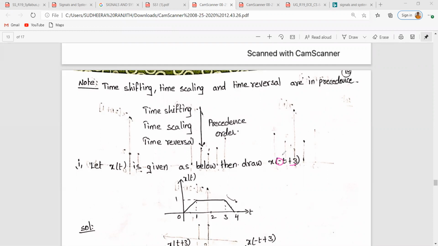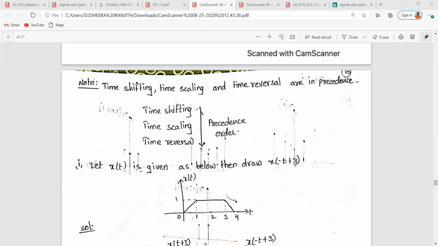See, many people, when doing this initially, think of taking the minus common in x of minus t plus 3, so that it becomes t minus 3. But that's not correct. This minus is not a mathematical operation. This minus is not indicating a subtraction operation here. Here this minus is to indicate the time reversal operation, right? So never take that minus common. Is it clear? Don't take anything common here, do the operations as they are.